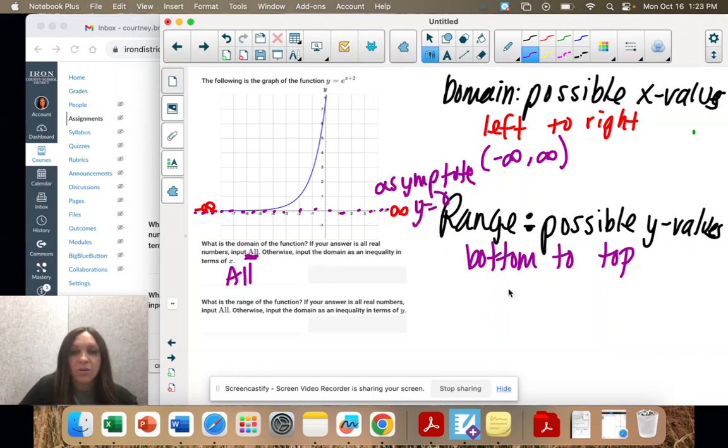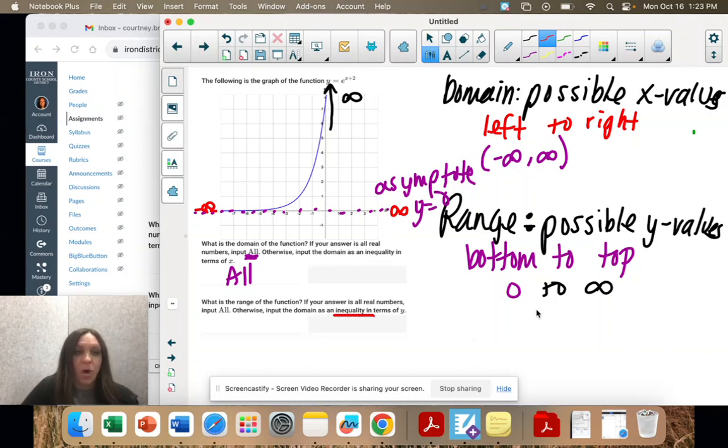So at y equals 0 is our bottom. And then remember, if we go up the y-axis, how far does the graph go up? Forever to infinity. So our range is 0 to infinity,